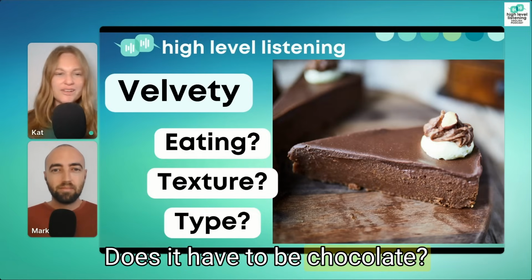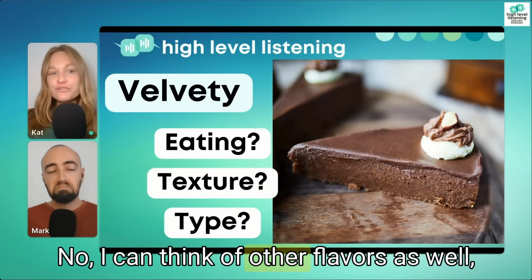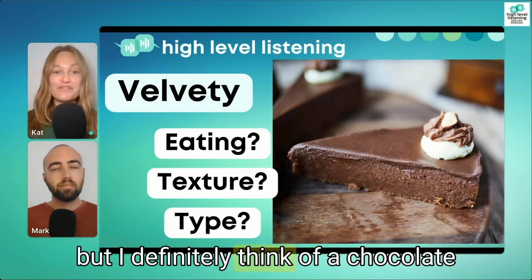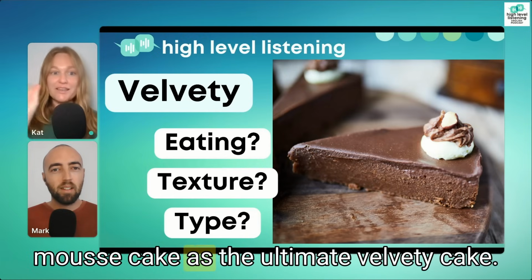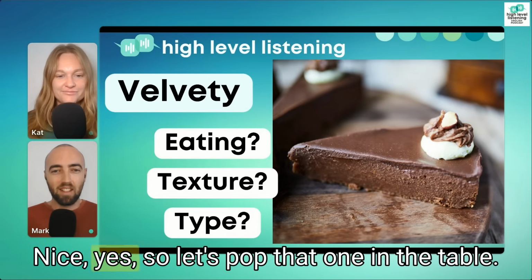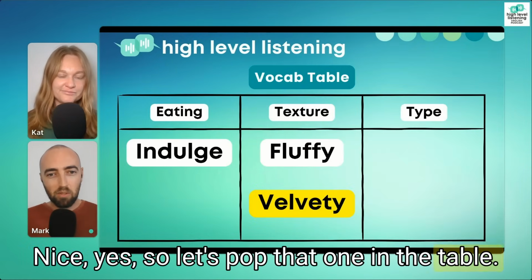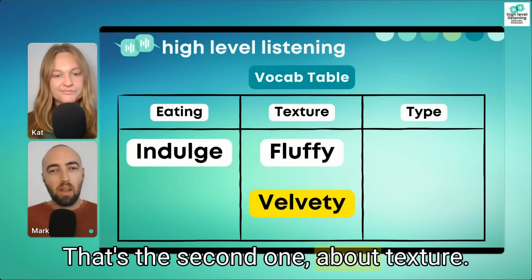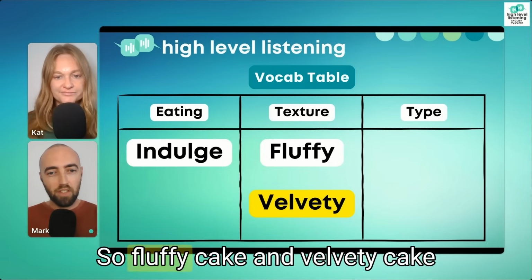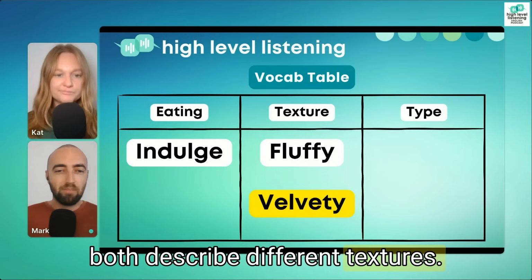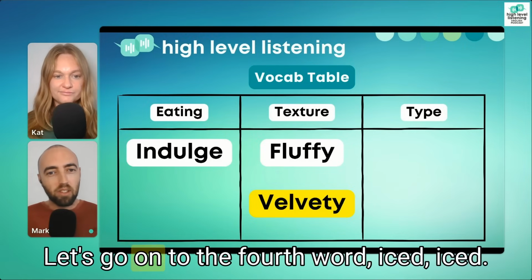Does it have to be chocolate? No, I can think of other flavors as well, but I definitely think of a chocolate mousse cake as the ultimate velvety cake. Nice. Yes. So, let's pop that one in the table. That's the second one about texture. So, a fluffy cake and a velvety cake both describe different textures. Let's go on to the fourth word,